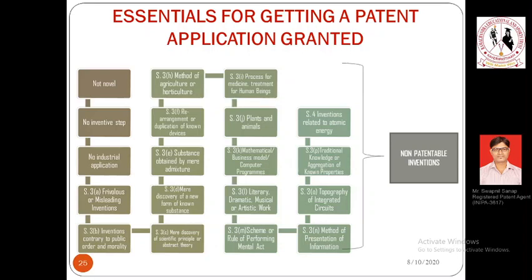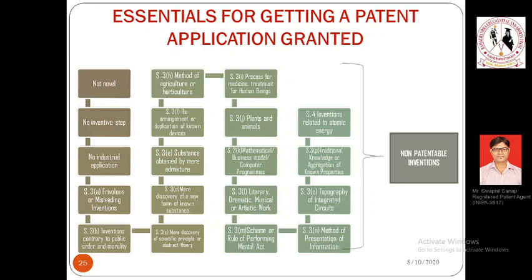Examples: atomic bomb. Bombs are generally used to destroy something. That means they can kill people. Bullets. These are all examples of inventions contrary to public order or morality. Alcohol, right? Alcohol kills, obviously taken to a certain extent. Tobacco kills. These are all contrary to public order, and thus such inventions are not patent eligible,